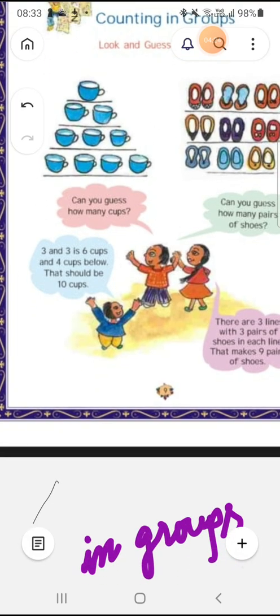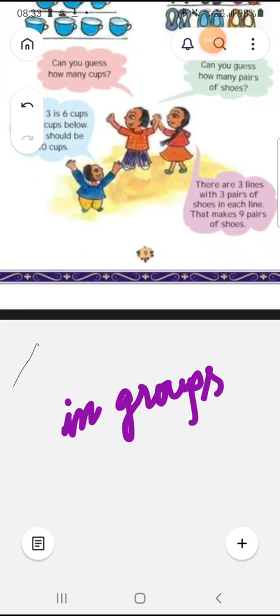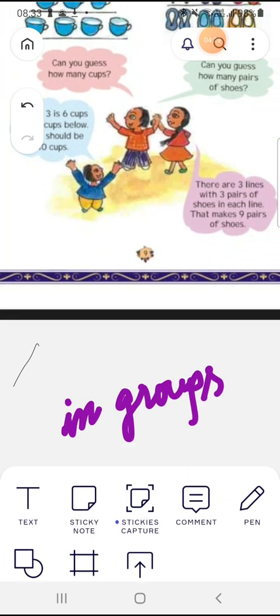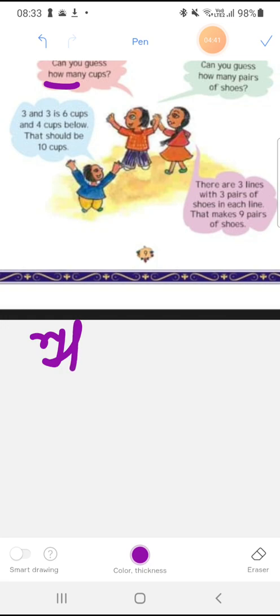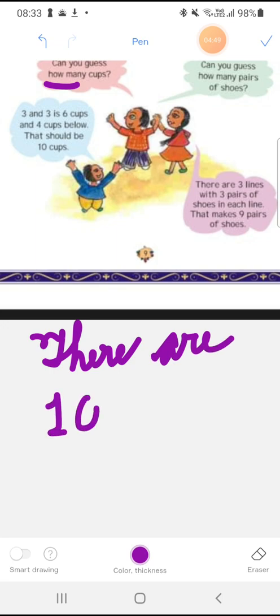I am writing the answer for you. In your copy you can write down, there are 10 cups. You will take your copies and write down, there are 10 cups. All of you take your copies